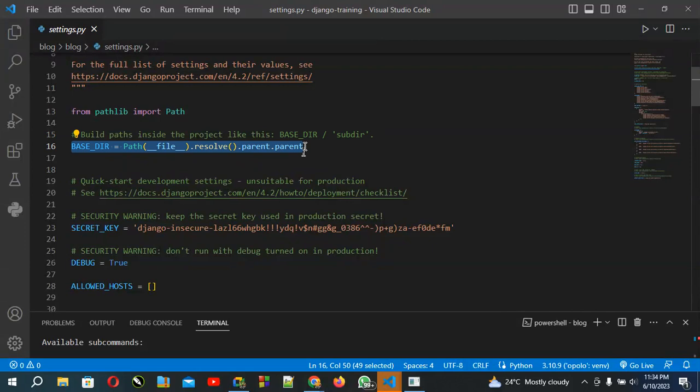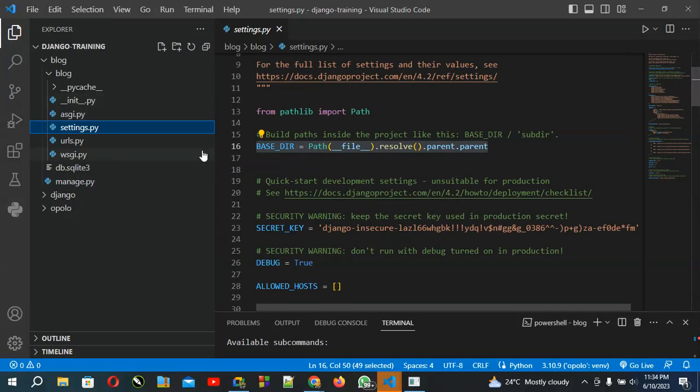It's actually a part you can leverage to access a file in your root folder. The reason we are calling this basic directory equals to path is because, for instance, if I have a PDF file or I want to be writing a PDF or Excel file in my program, and I decide to move this software to a different machine,